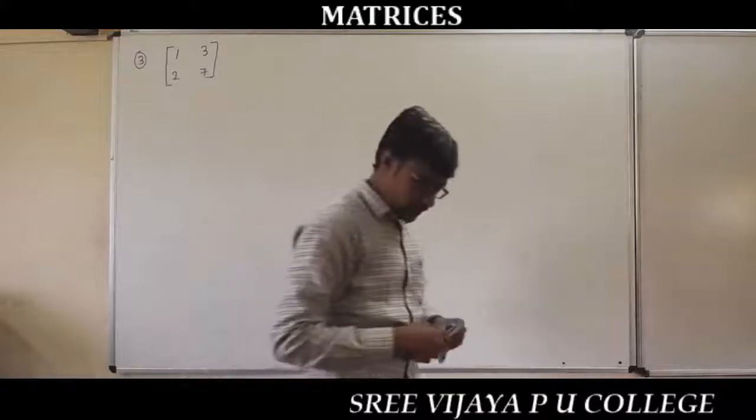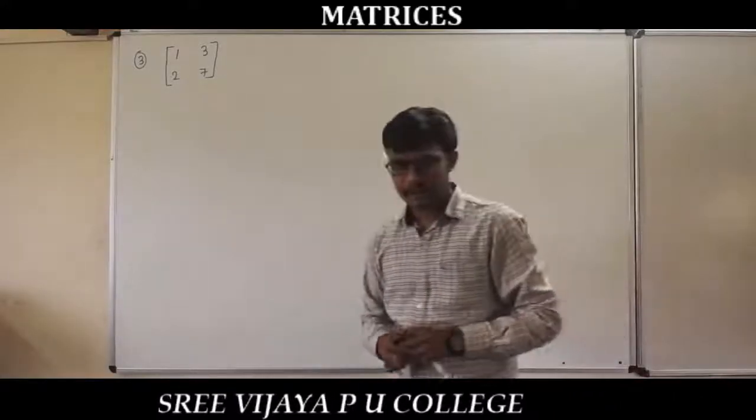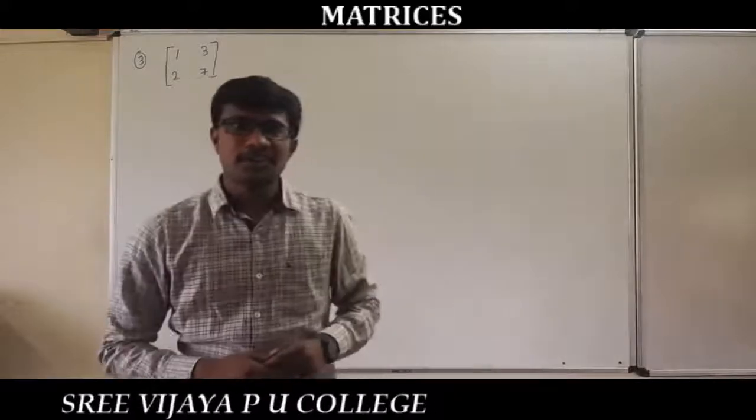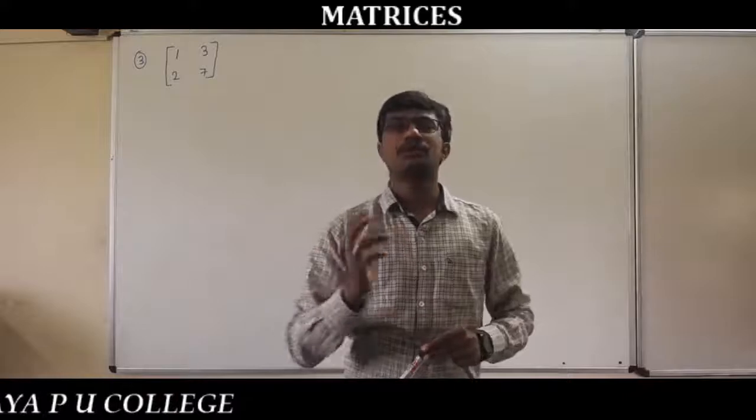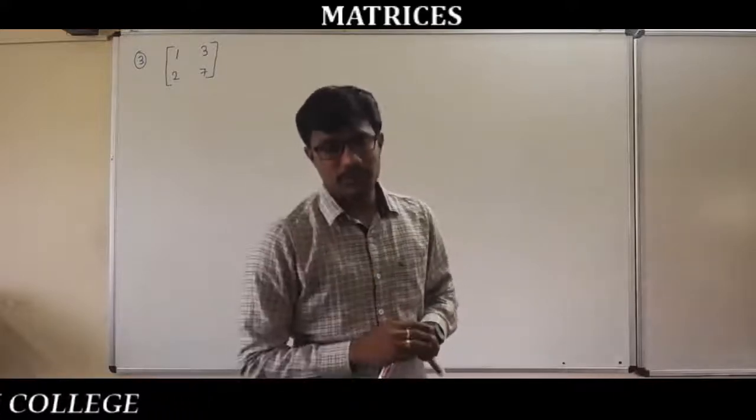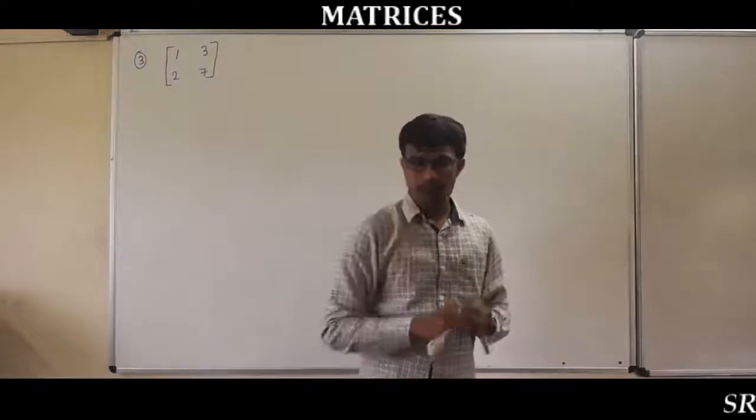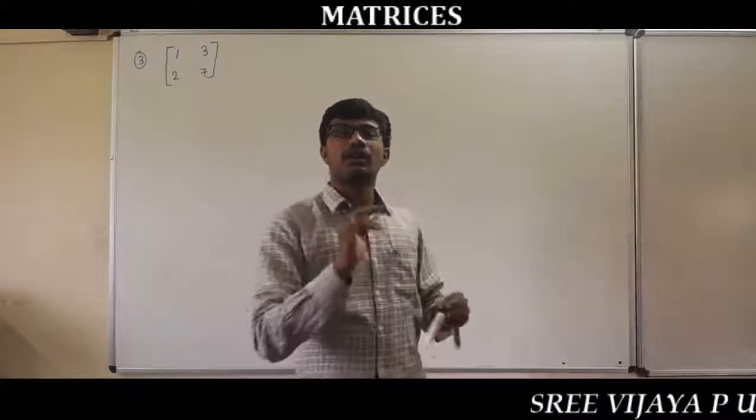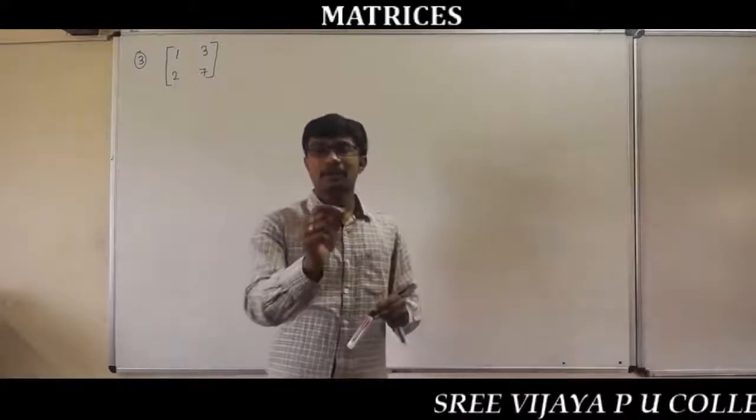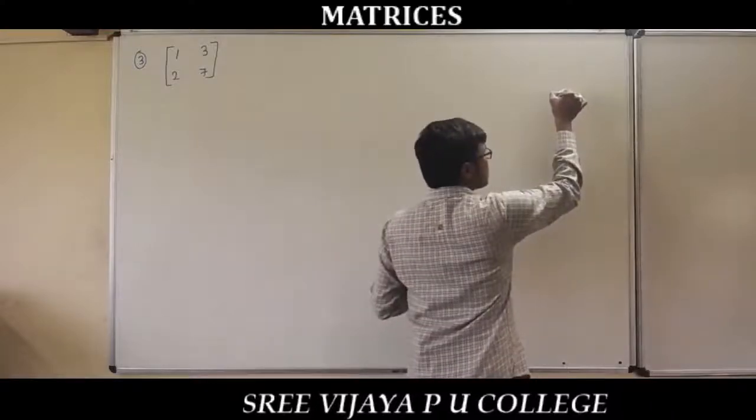The first one is the interchange of any two rows or columns. The second one is multiplying a row or a column by a non-zero number. The third one is the addition of elements of any row or column with the corresponding elements of any other row or column multiplied by a non-zero number. That can be taken symbolically as